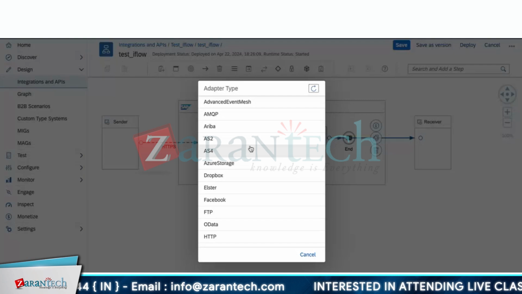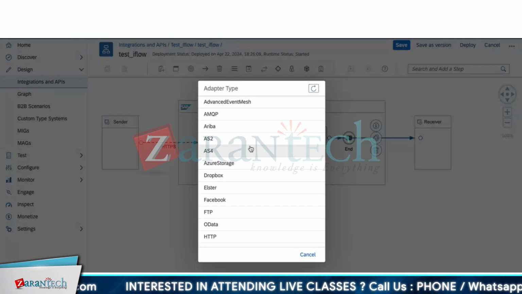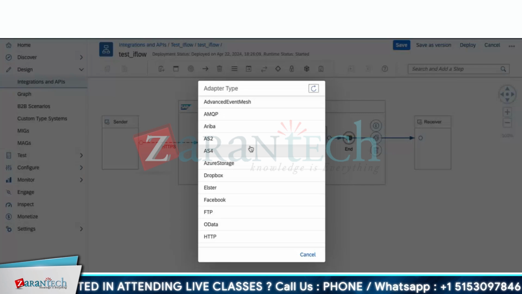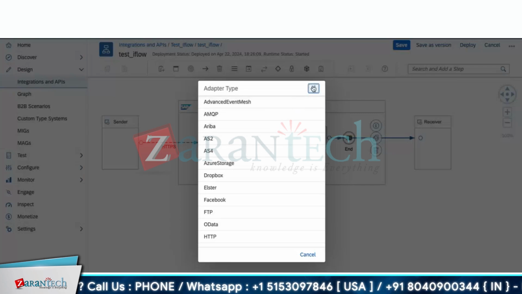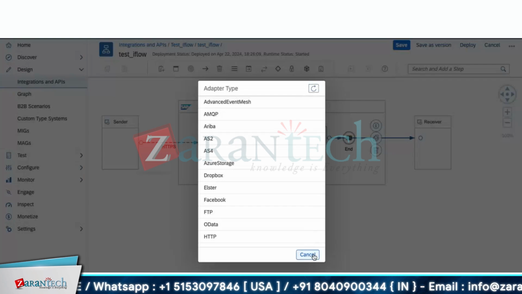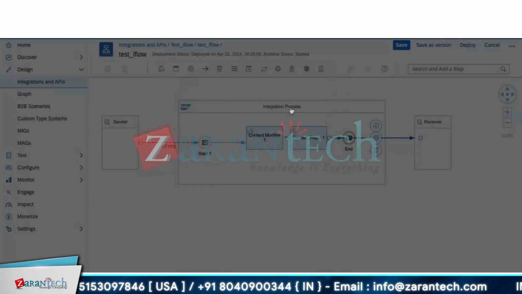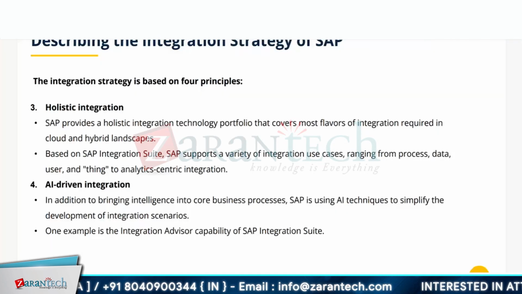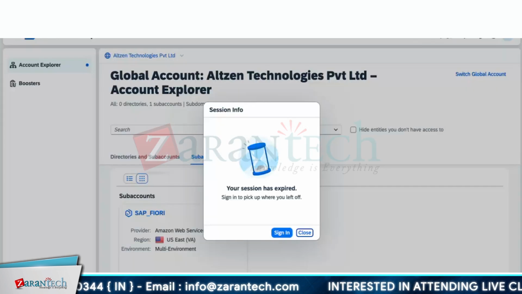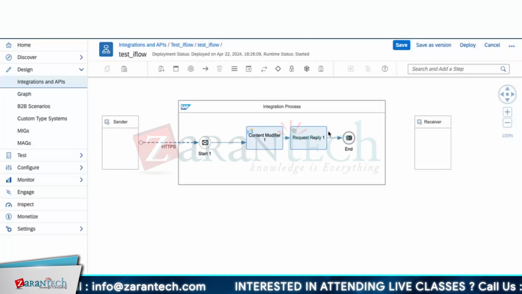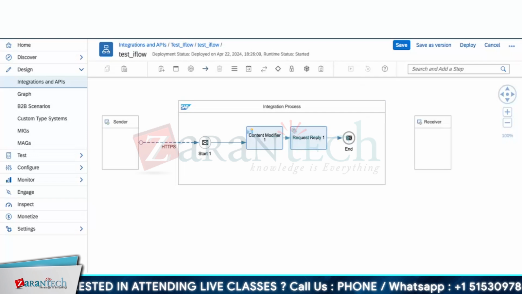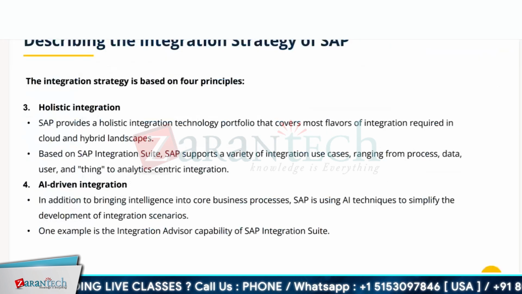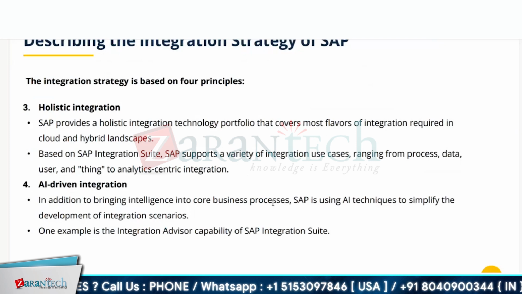You can download that adapter from your service marketplace and deploy the adapter as a component, so that this adapter becomes available here in your product. So there are so many features SAP now brings to have holistic integration with its SaaS solutions as well as its third-party solutions. Here my adapters are limited because I have a limited free edition, but when you go with your actual paid one, you will have plenty. Okay, so this is one of the features with SAP.